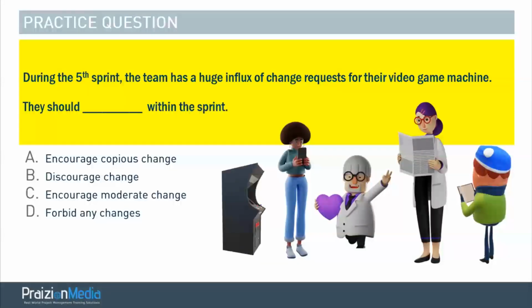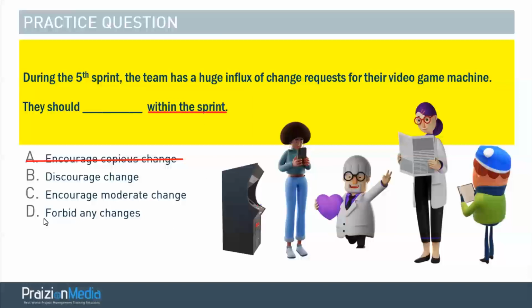3, 2, and 1. So, as you might have heard on this channel many a time, once the sprint is in motion and airborne, you should not A, encourage copious change. Don't do that once you are within the sprint. Let change happen normally and naturally outside of the sprint. But once you are within the sprint, you're definitely not going to encourage copious change. Watch those words. Let's go to option D.